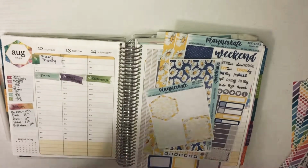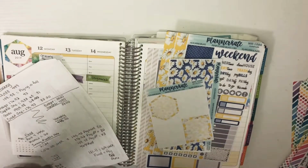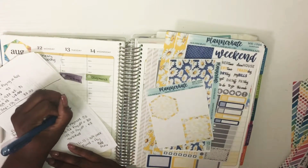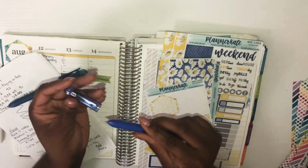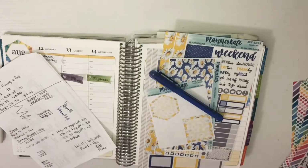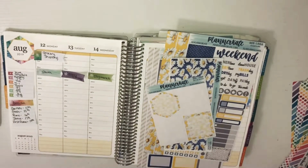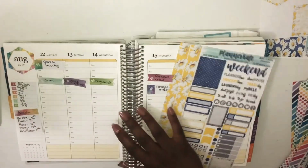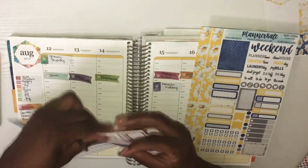So I did go ahead and show you guys that, and I'm just gonna figure out which pen I'm gonna use, only because that's a new thing that I'm trying out, is to get the usage out of my pens when I'm using them. So I decided on that blue one right there, and that is a Papermate Inkjoy in the .5 fine point tip. So I am going to go ahead and start with getting my date covers down, just so we get that out of the way,